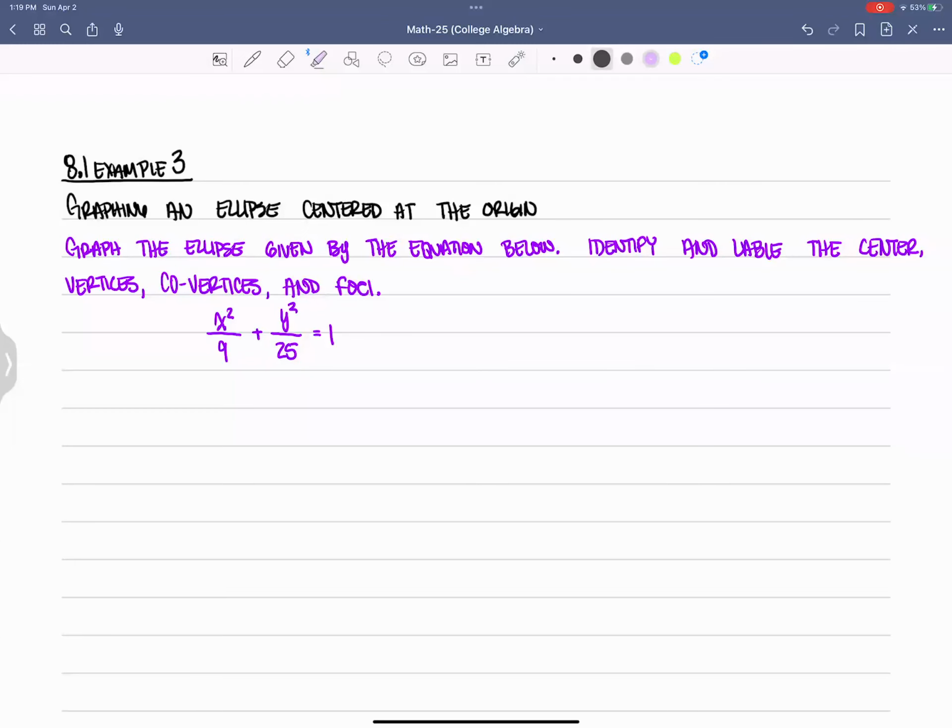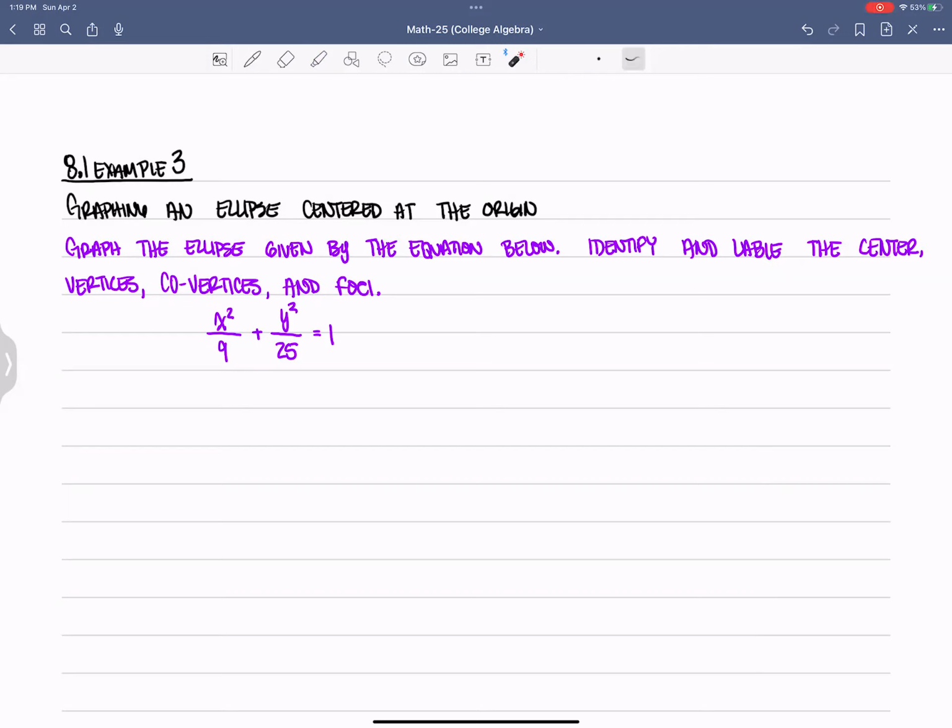Section 8.1, example 3, graphing an ellipse centered at the origin. Graph the ellipse given by the equation below. Identify and label center, vertices, co-vertices, and foci. Okay, let's start with,